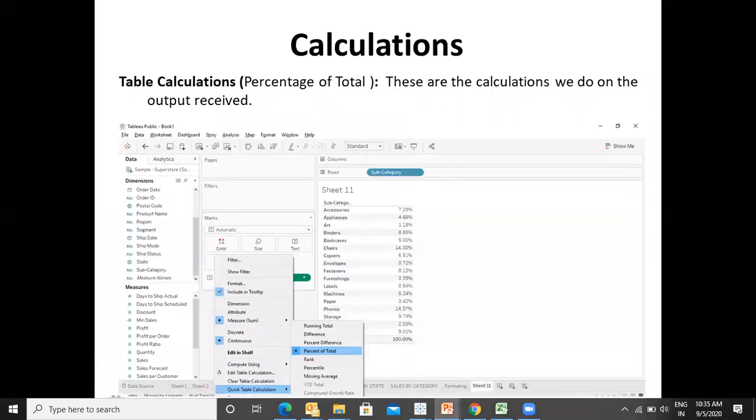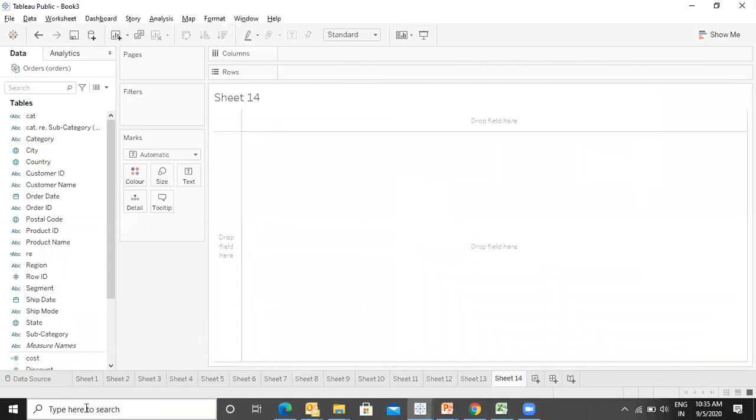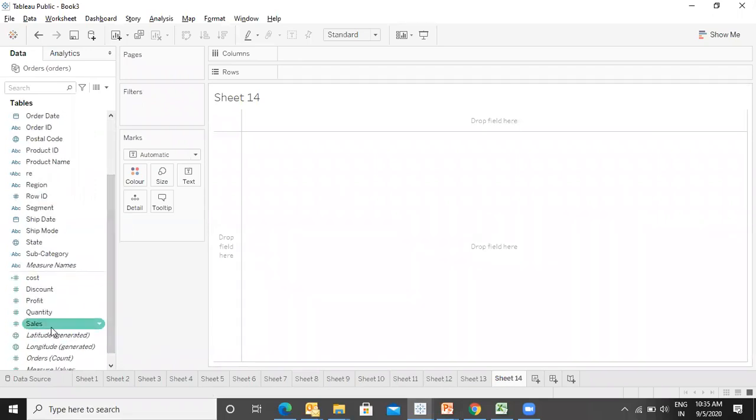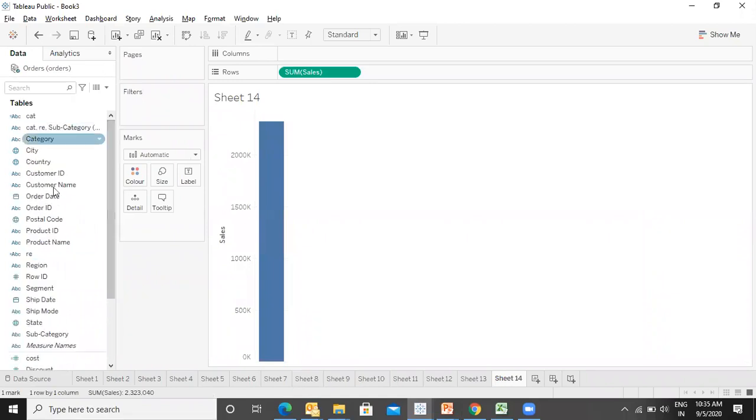Then we have something known as table calculations. So for that, let me display the sales on the basis of order date.